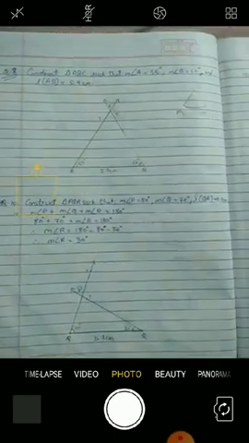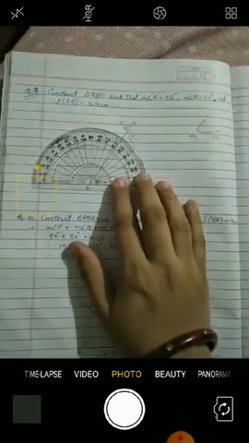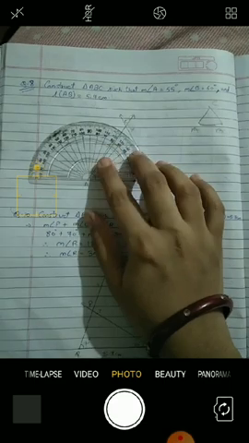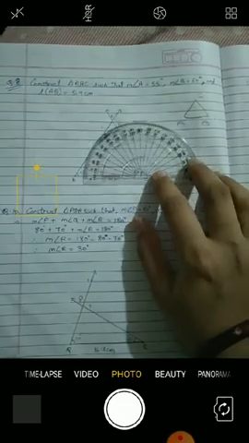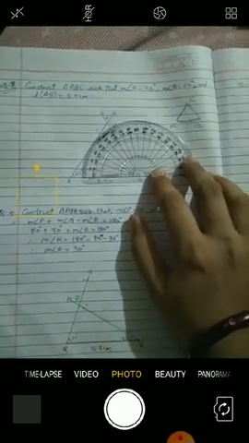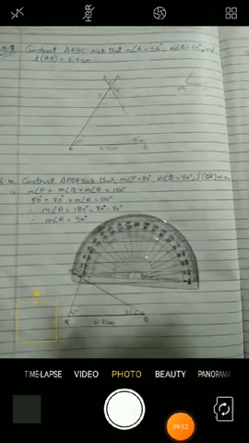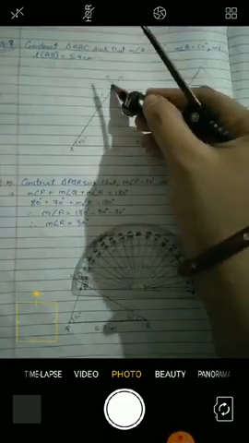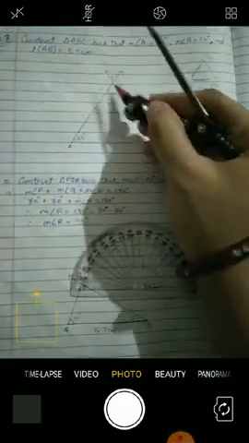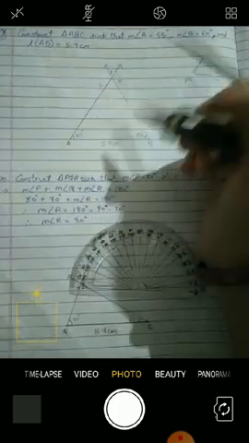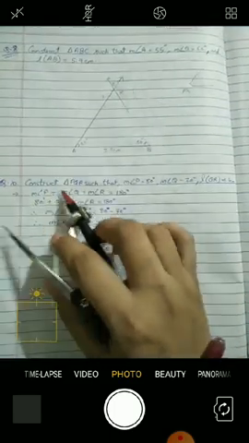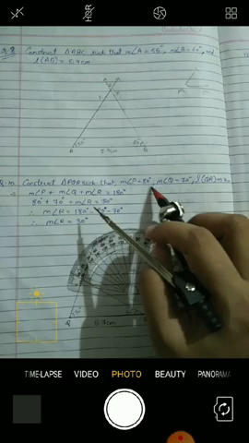After that we will take from our protractor 55 degree. Here I have taken 55 degree. See, 55 degree I have put a dot here, and in the same way angle B 60 degree. So ABC I have written 55 degree, 60 degree. Now here we have got the 55 degree point and 60 degree point, so I have named them X and Y.